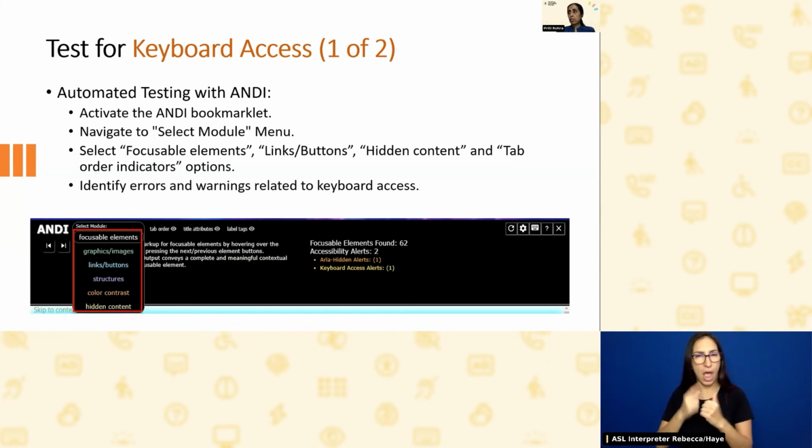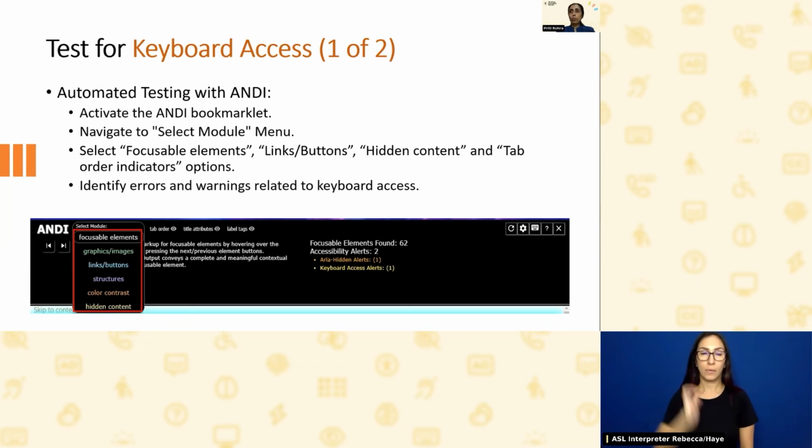Through links and buttons, we can see if they have been coded using native markup or if they have been defined using custom scripts or through spans and divs. And we can then go in and debug further or test further using a keyboard manually. Focus indicators, yes, we need to see the different elements that are focusable and the indicators associated with them. Also the hidden content. Now, what all content is hidden?